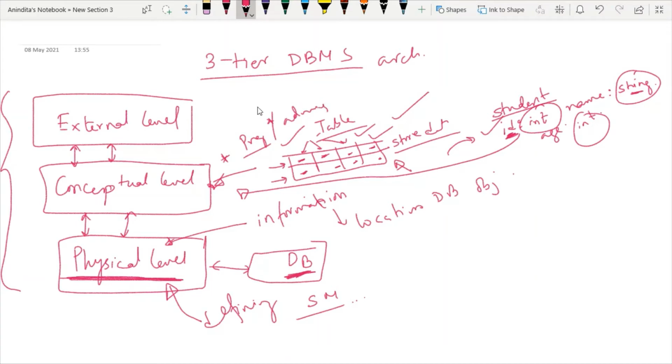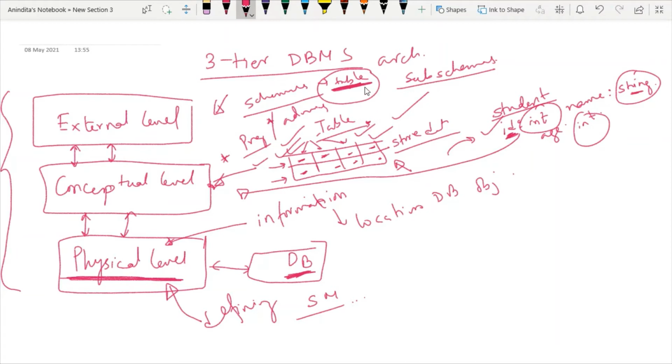Now I will discuss the external level. In this level, a database contains several schemas. Now what do you mean by schemas? Schema means table. Table means whatever we use for storing data, but these tables are completely different from the tables in the conceptual level. Why? Sometimes these schemas are also known as sub-schemas. They are not the complete information.